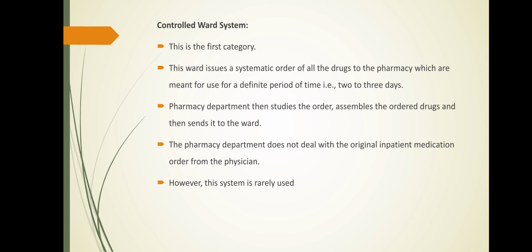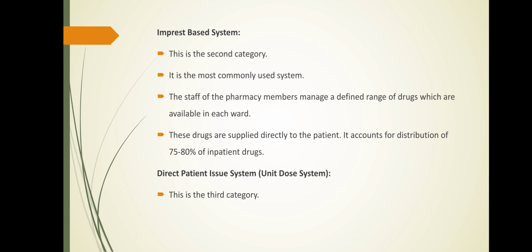Then in the pharmacy department they will study the order, assemble and send it to the ward. So in this, the pharmacy department is not directly dealing with the original inpatient medication order, and this system is very rarely used. So the imprest based system is the second type of drug distribution system in the hospital and is very commonly used. In this, the pharmacy staff will manage a defined range of drugs or medications in each ward. About 75 to 80% of the distribution of medication to inpatients is accounted for